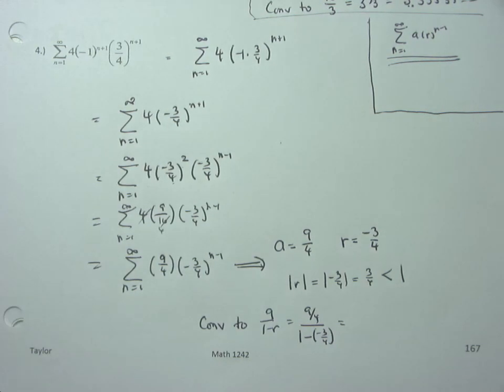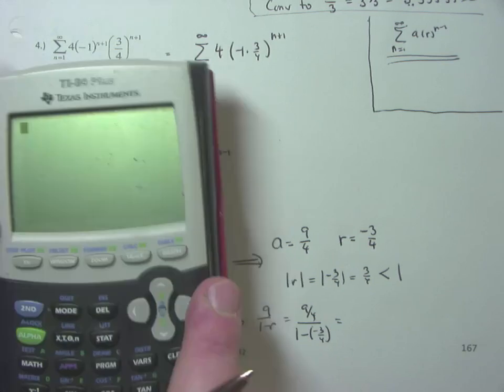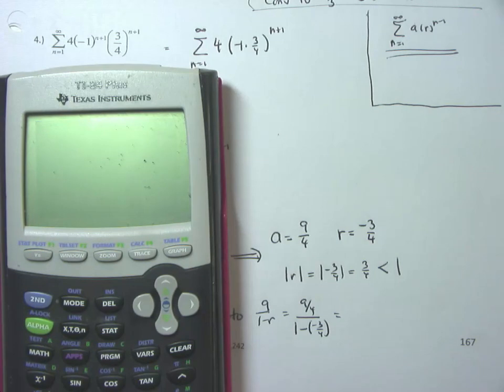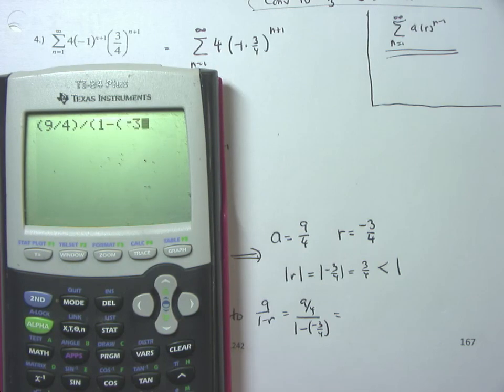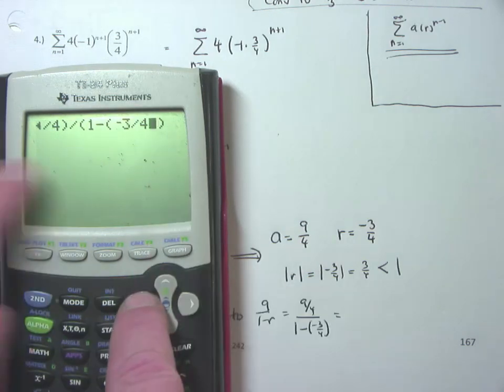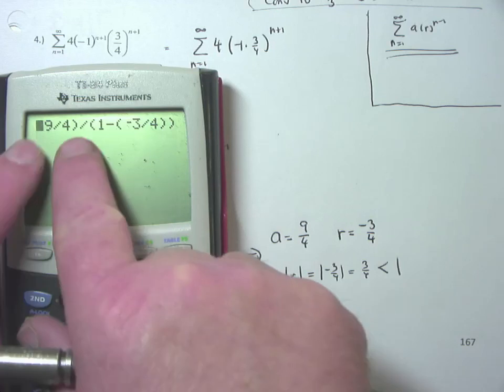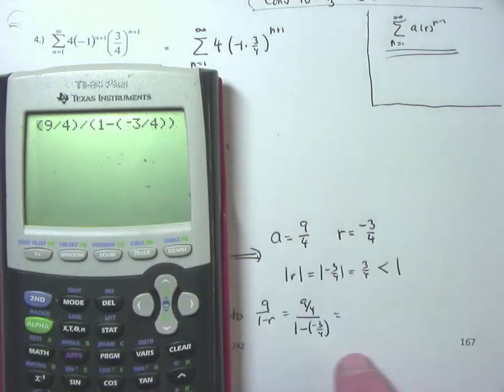And you can clean that up if you want to. I'm going to use my calculator on this just for time's sake and to show you how to do it. But remember, when you do it on the calculator, parentheses around your numerator, 9 divided by 4, divided by parentheses around your denominator, 1 minus parentheses -3/4, close parentheses for the fraction, close parentheses for the denominator. I'm trying to make sure one careless error doesn't kill this. Parentheses around the numerator, parentheses around the denominator, and I'm making it look exactly the way it looks, and I end up getting